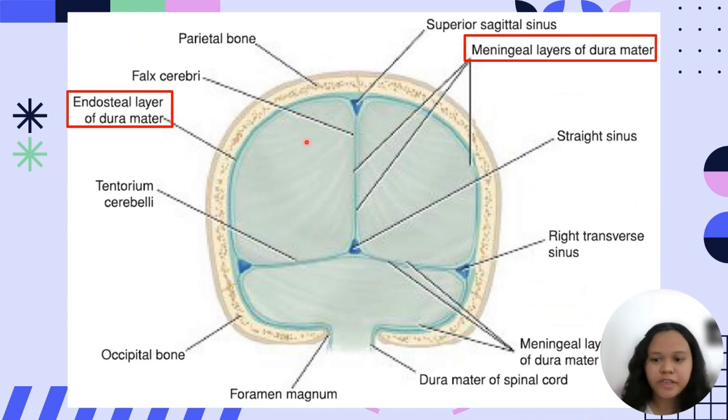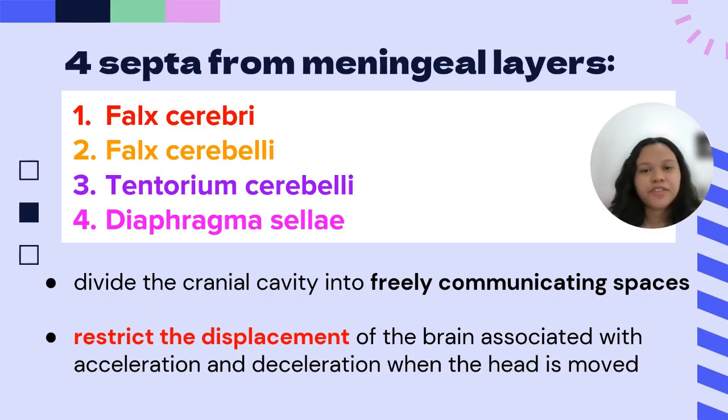And here's another image to better appreciate the endosteal layer of the dura mater, and we have the meningeal layer of the dura mater. The meningeal layer sends four septa inside the skull. These are the falx cerebri, the falx cerebelli, the tentorium cerebelli, and the diaphragma sellae. In a while, we will be discussing each one of the septa. The purpose of the septa is to divide the cranial cavity into freely communicating spaces. Additionally, it is there to restrict the displacement of the brain associated with acceleration and deceleration when the head is